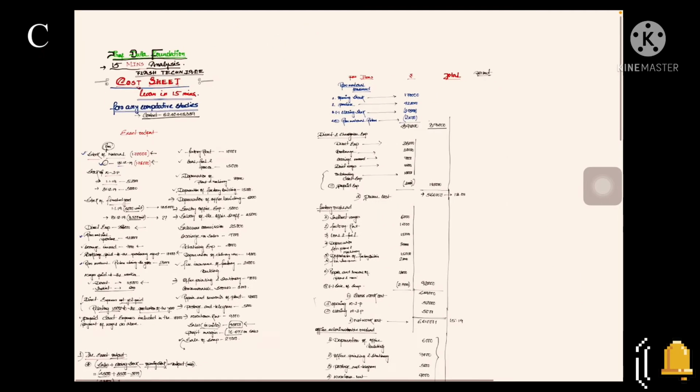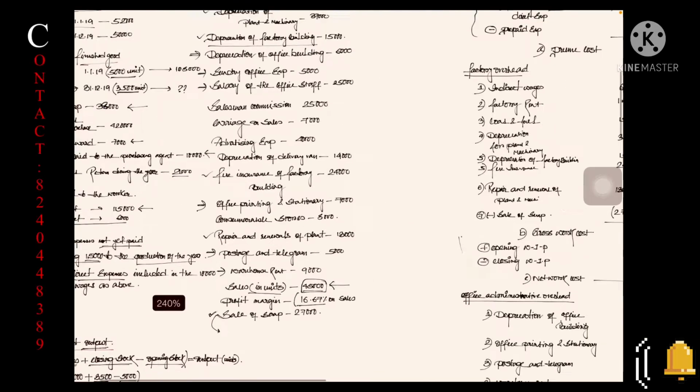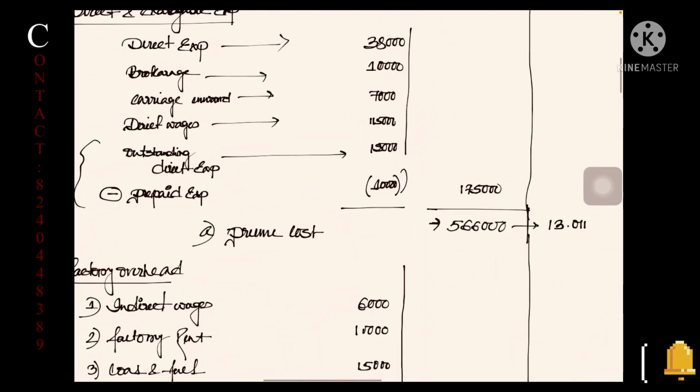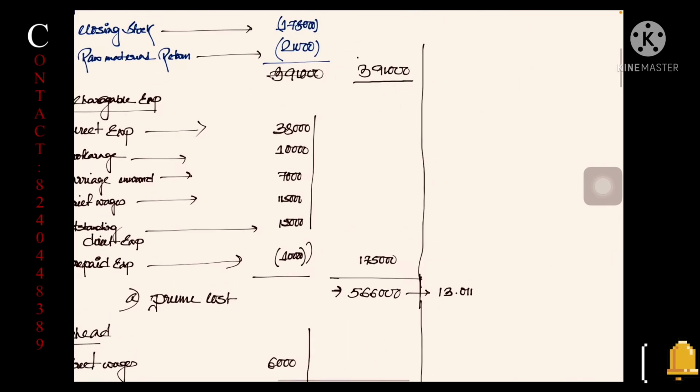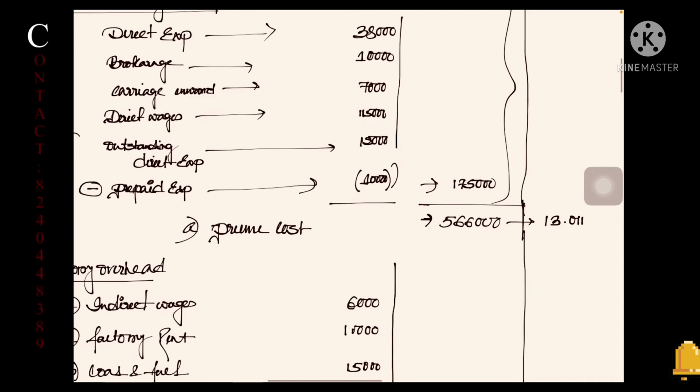And if there is any prepaid, here also it is written prepaid direct expense. Prepaid direct expense we have to deduct. Look at here. So after doing this calculation, we figure out the value is 1,75,000 for the direct and chargeable expenses head. Now we have to add this with the amount under raw material consumed and the direct and chargeable expense. We got the prime cost, my friend, everybody.